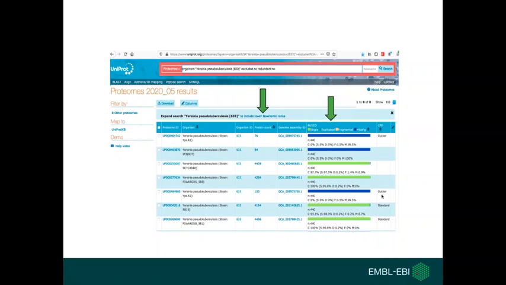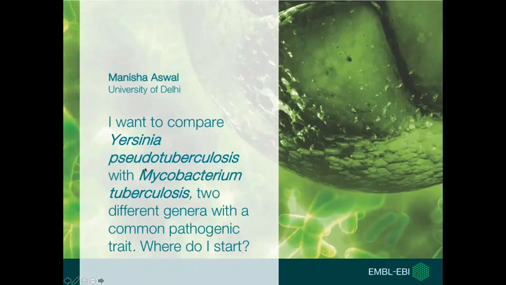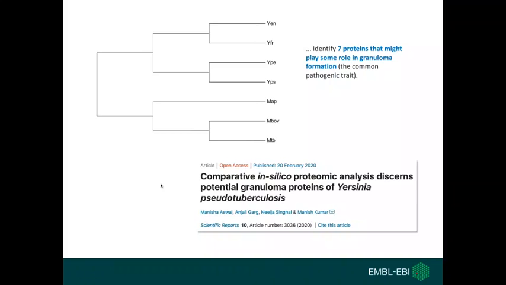Right, so that's what I wanted to point out. And then what I would do in this case is to select the 4 proteomes that are very complete, and then go and download these genomes. So this is what she did, and she went on to do the same thing for Mycobacterium tuberculosis, and selected